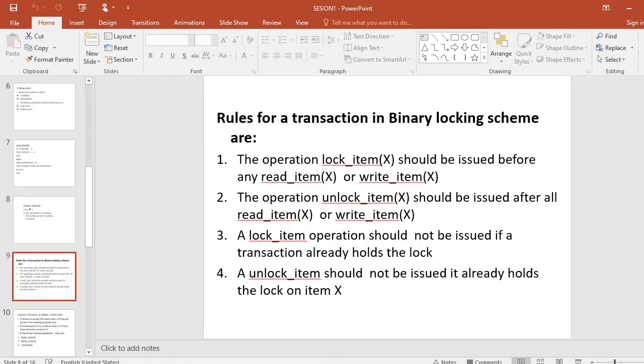The rules for a transaction in the binary lock scheme are: number 1, the operation lock item X should be issued before any read item X or write item X. Each lock can be recorded with three fields: data item name, lock, and locking transaction, plus a queue for transactions that are waiting to access the item.